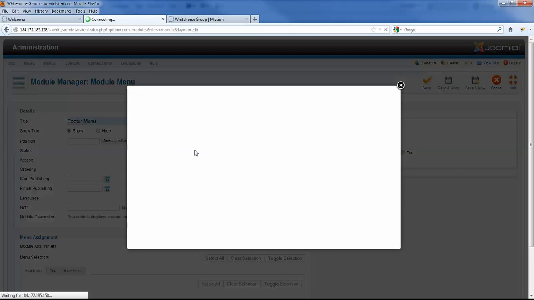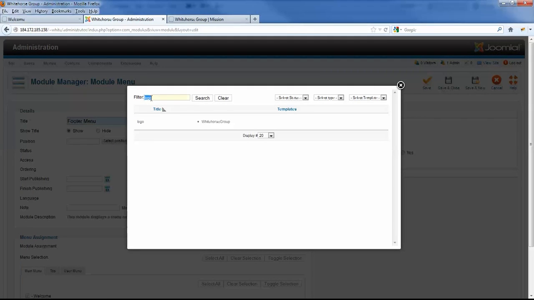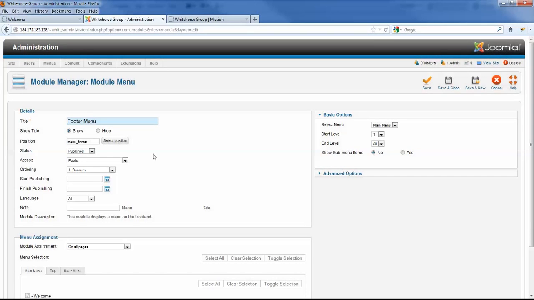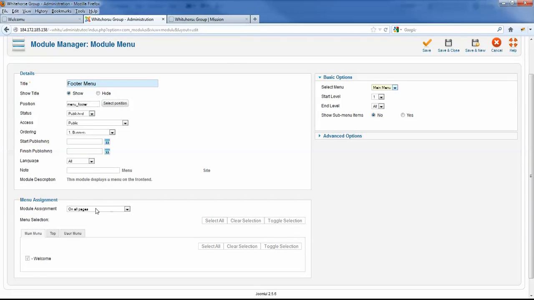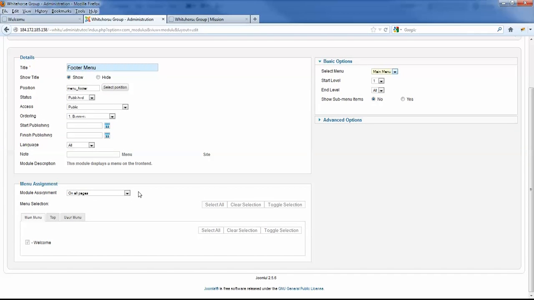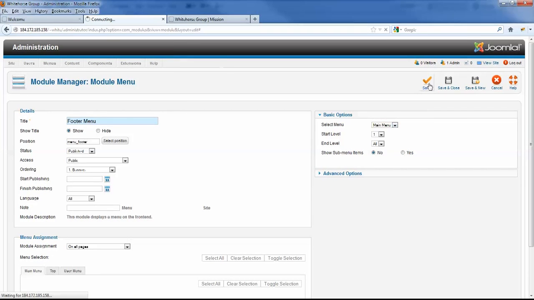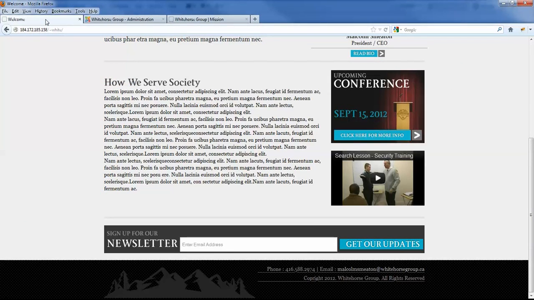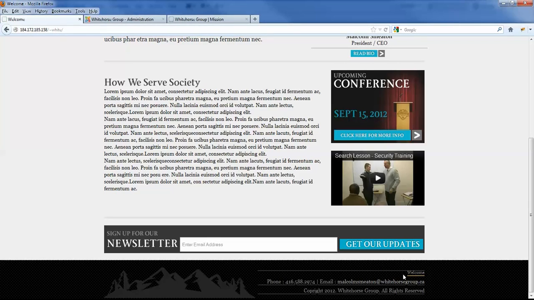Assign it to menu footer. Okay, and on the right side, there's basic options. There's select menu, and we have main menu selected, so that's good. Okay, it's assigned to all pages, that's also good. So I'll just go ahead and hit save, and just refresh the site, and we see that the menu